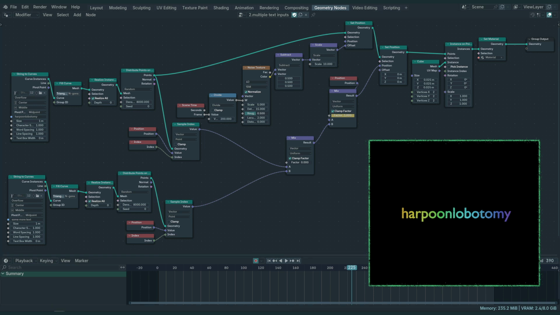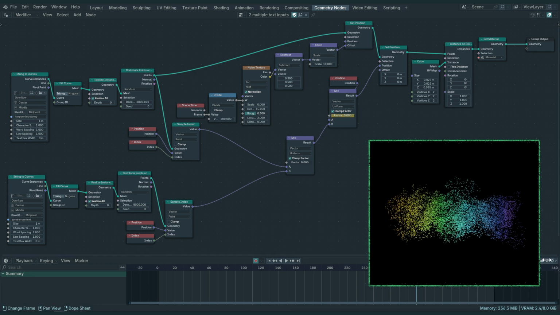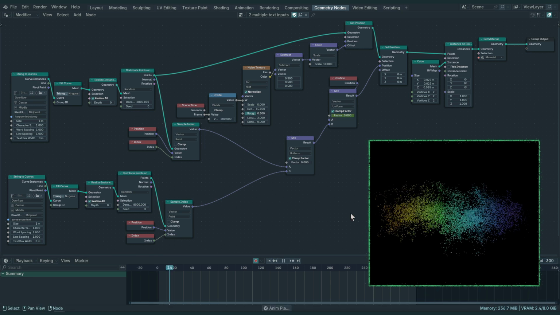Add 50. Keep this at 1. And then add our 25. And have this back at 0. And I'll make this end at 300. Whoops. Make this end at 300. So now if we play this,